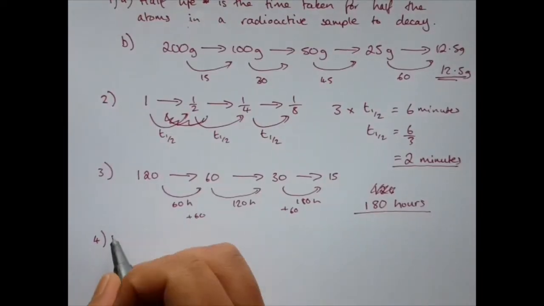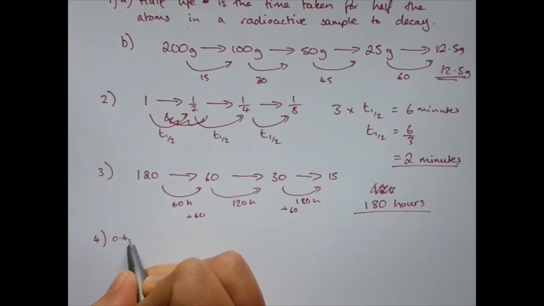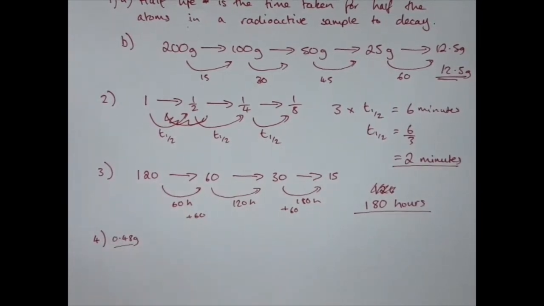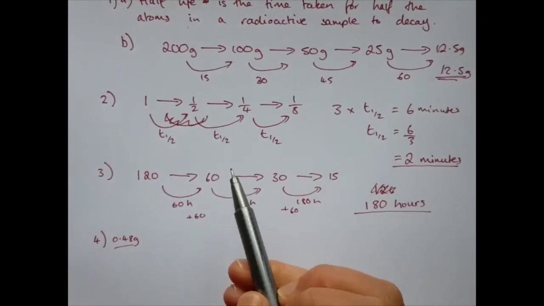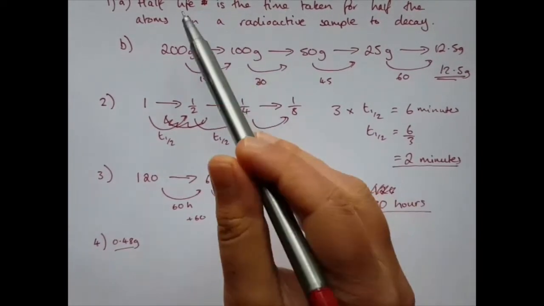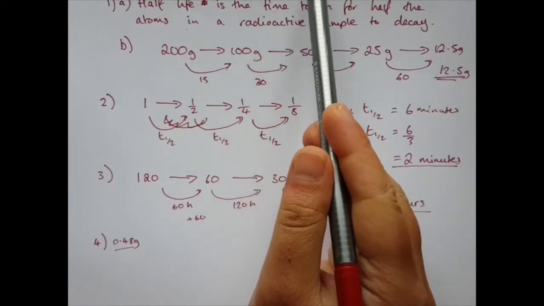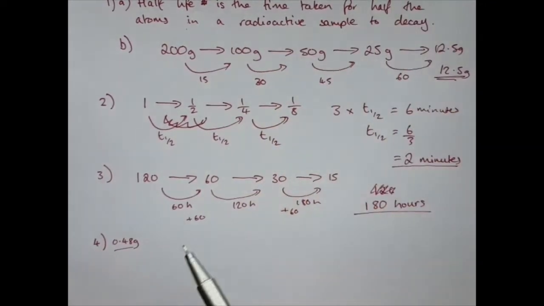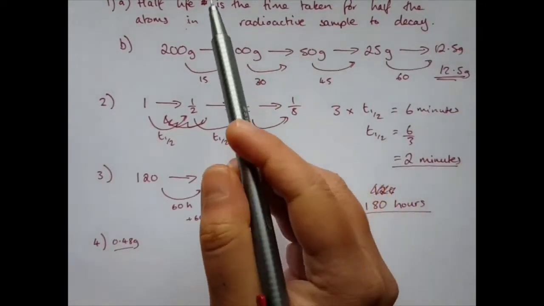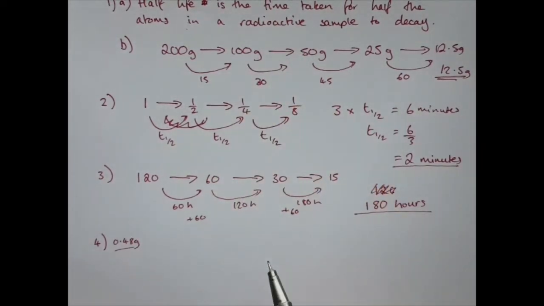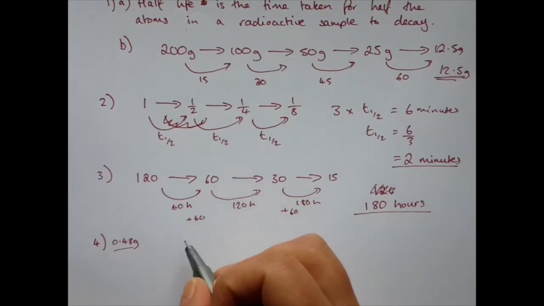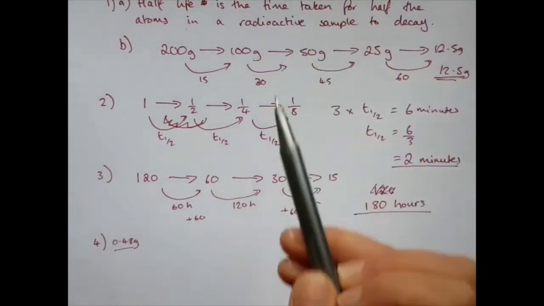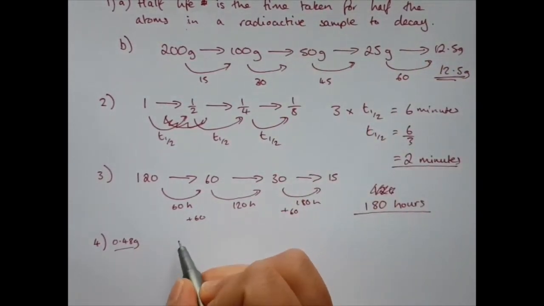If you have done it yourself, the answer is 0.48 grams. So well done if you got that. So how I got that: it says in the question that thorium has a half-life of 19 days, and it says 0.42 grams has decayed after 57 days. And you have to calculate the initial mass of thorium-227. So what I would be thinking is, if 0.42 grams has decayed, I'd be wanting to think, well, what